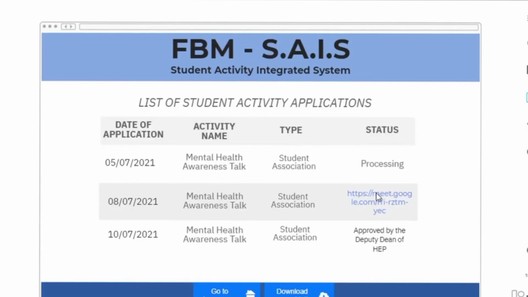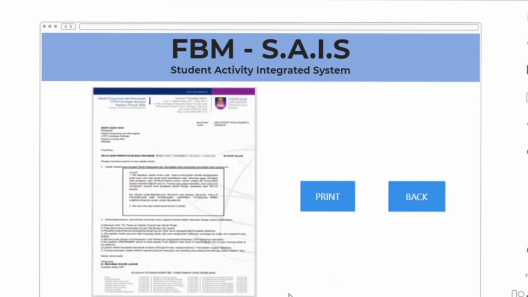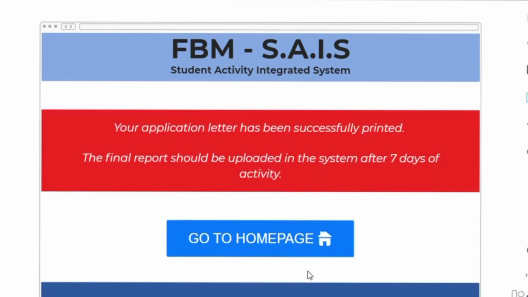After the application had been approved by the Deputy Dean of HEP, students can click the Download Approval Letter button to download the approval letter and to review it in print layout. Then, click the Print button to print out the letter. This letter will be used as evidence for the program to be held. Next, after the approval letter has been successfully printed out,